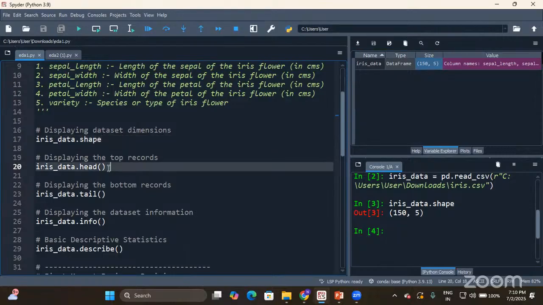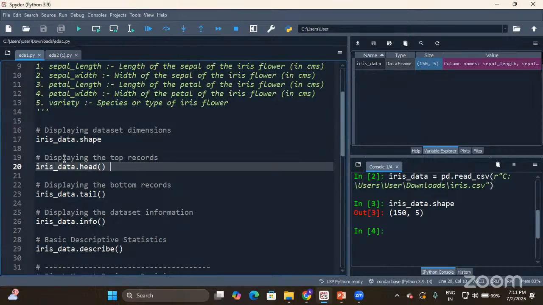Then the head function. I'm using the head function on the data frame object. See, very simple guys. Python is very simple if you understand. I'm just using the dot, the period. So it means we are using the head function on the data frame object. What does the head function do?